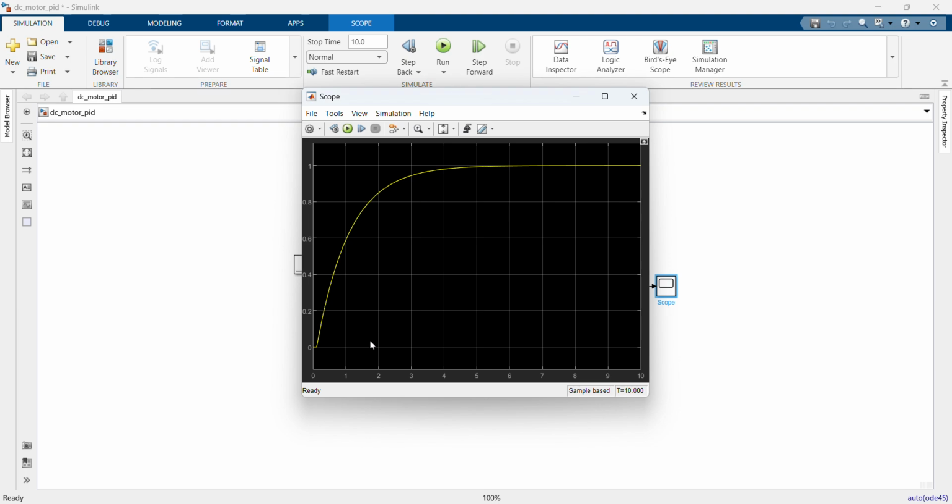As you can see, the output starts from 0 and smoothly increases toward the target, but it never exactly reaches it. This means there is a steady state error. The response is stable and smooth, but not accurate enough. Okay, next,